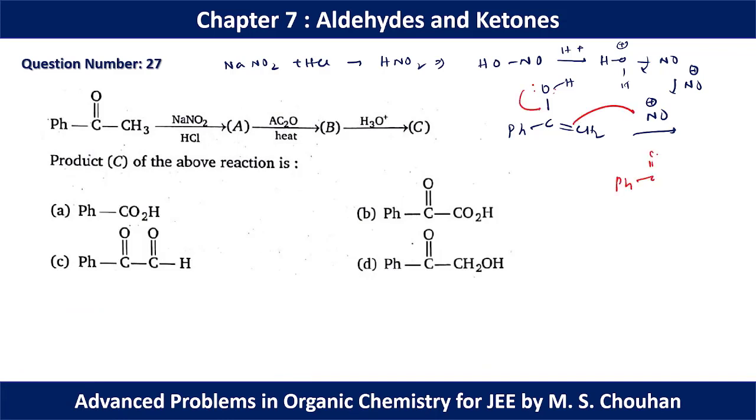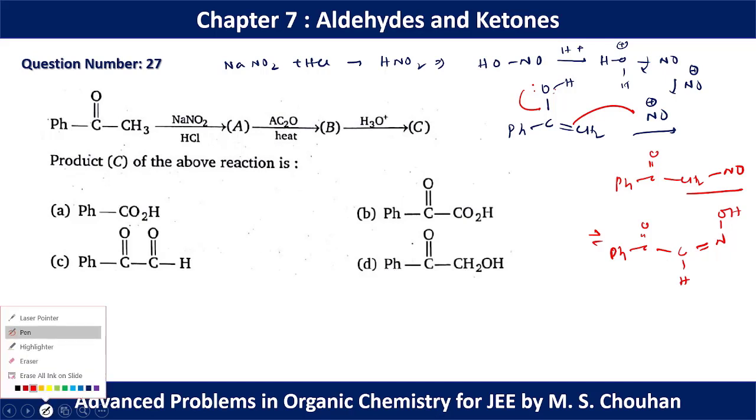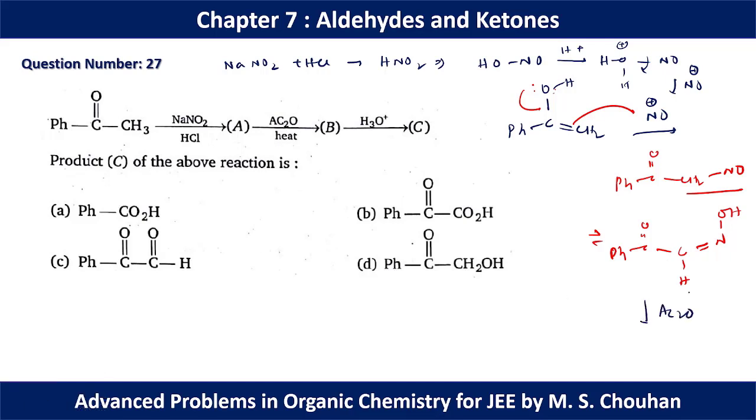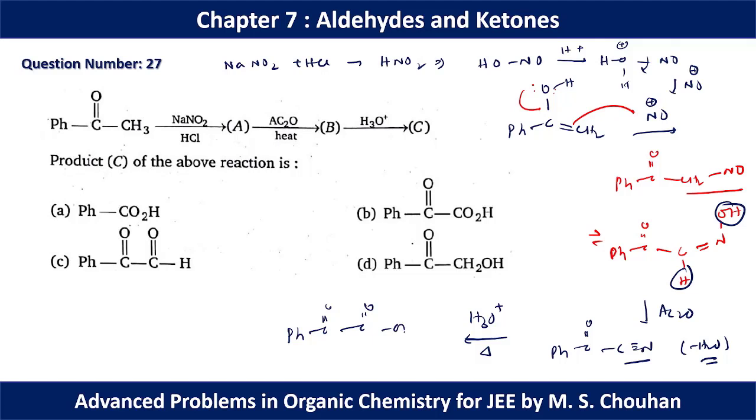So we may have this kind of situation, CH2 like this. Now we can have another tautomeric form here. So C double bond O, CH double bond NOH. In the next step we have used acetic anhydride, which can behave as a dehydrating agent. So we have H and OH. In this case we can have cyanide as water is eliminated from the system, and finally if we give hydrolysis, the cyanide after hydrolysis will be converted to acid. So finally we can have this kind of situation. So for question number 27, option B should be the correct option.